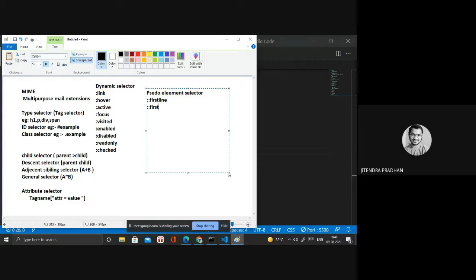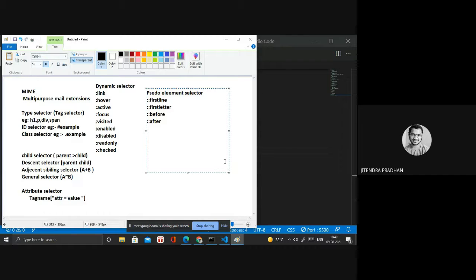And the pseudo element selector also covers the placeholder. We design the placeholder by using double colon. That belongs here, but we are not discussing that one now. We are discussing first letter, and we have before, and we have after.